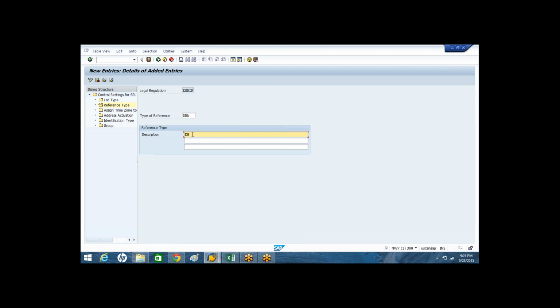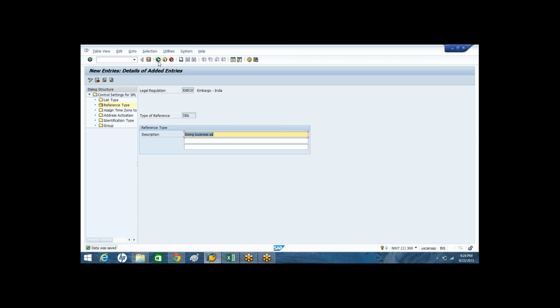So these things are required. Okay, like this you can define the reference type. I will tell you why we need this reference type. I will show you in a few minutes.